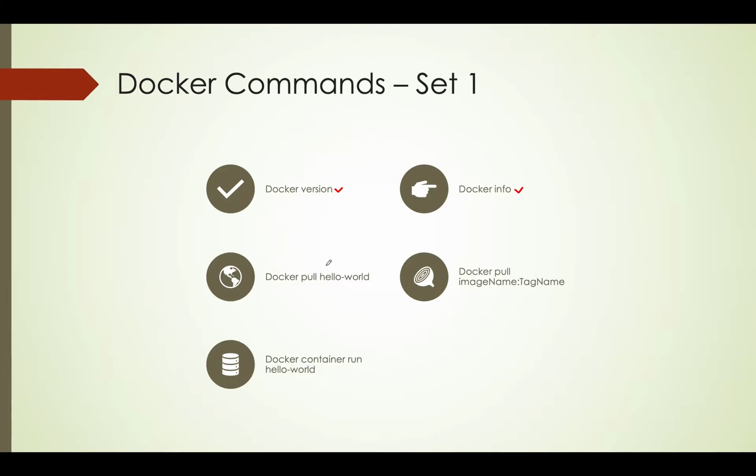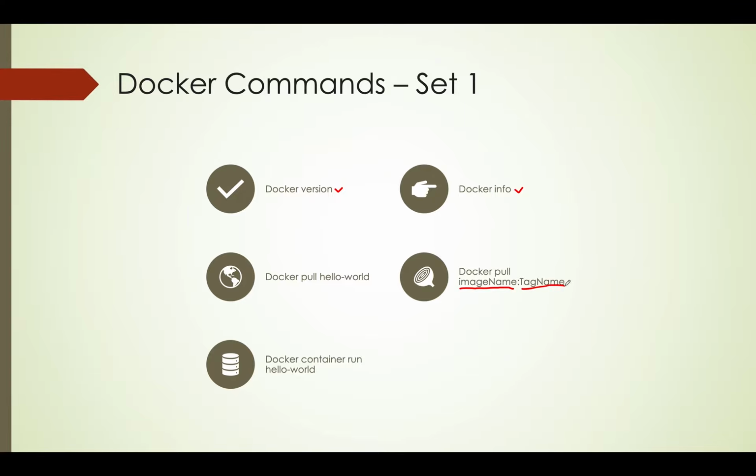Whereas docker pull, it's like hello world, you know, right? How to print hello world, you are very good now. Now what is the basic syntax? When I say docker pull image name, the image name can be anything. That means an operating system, a database, any CI/CD tool name, or anything you can give. Here, this is the tag name. That is the main advantage of Docker, right?